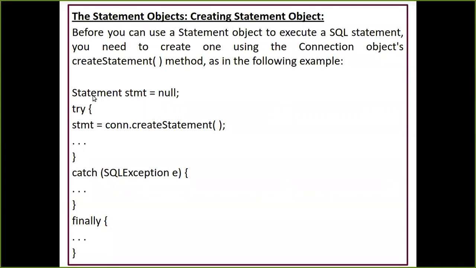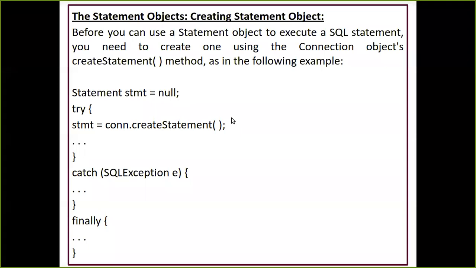Now, we have already seen how to create an object of your Statement interface. So what is the syntax for that? We are going to have a Statement interface reference and create an object. You can directly write equals con.createStatement over here. It is just about the scope. If you write it over here, the scope is going to be only this block. So the good habit is, whenever you create an object of the Statement interface, simply write con.createStatement in the same statement, so it is going to have a wider scope in your program.